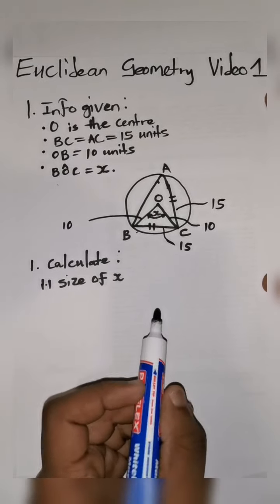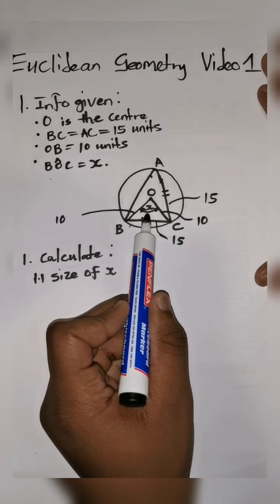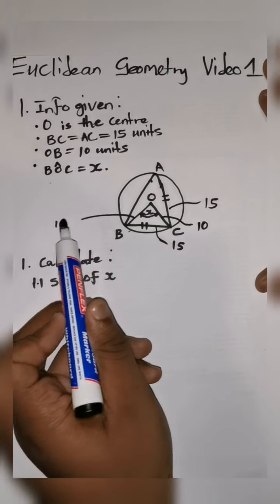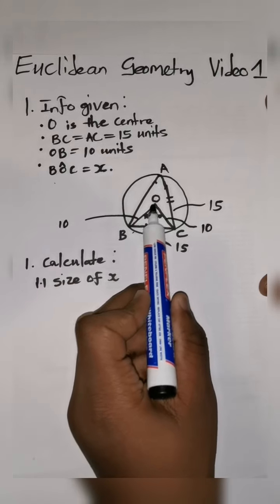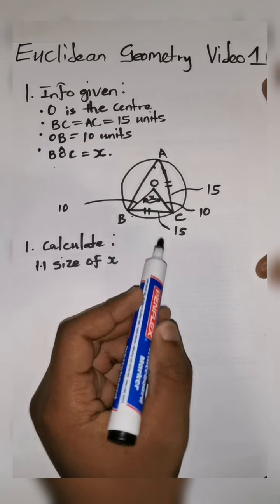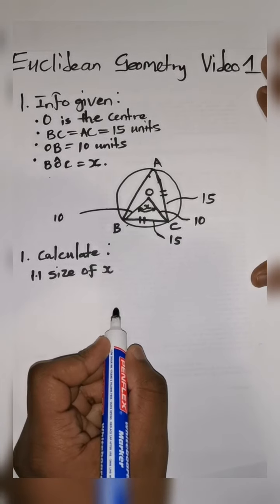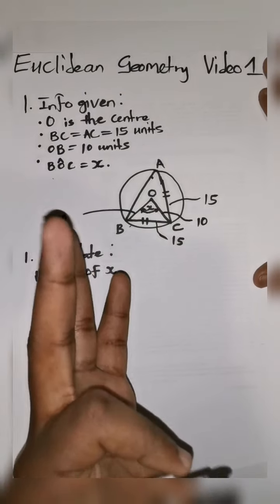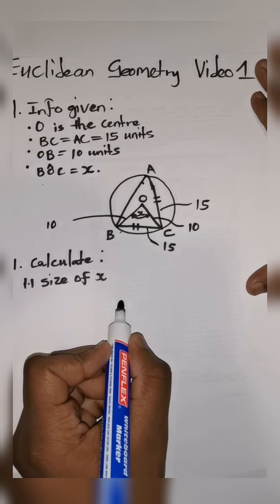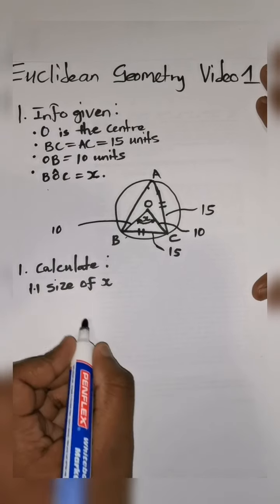But in this case, we actually have the lengths of three sides, which are OB, OC, and BC, and we're supposed to calculate the angle x. So we've got three sides and we're asked to calculate an angle. That spells cosine rule. So based on the cosine rule,